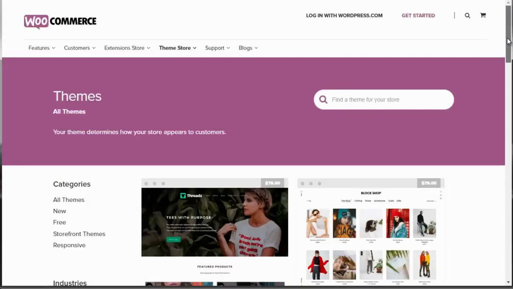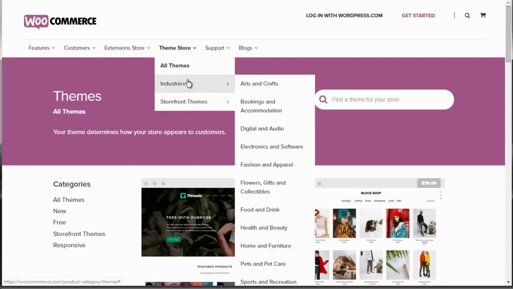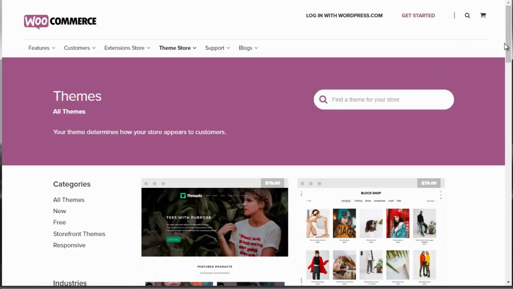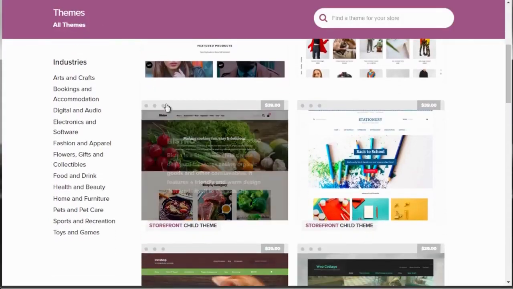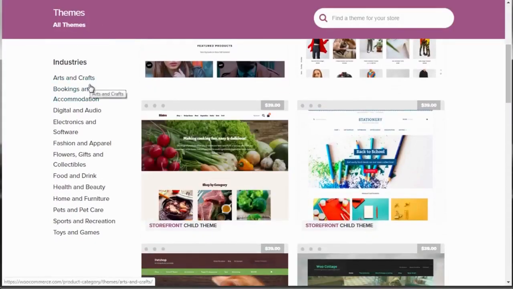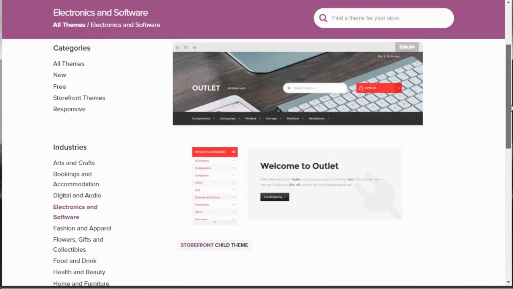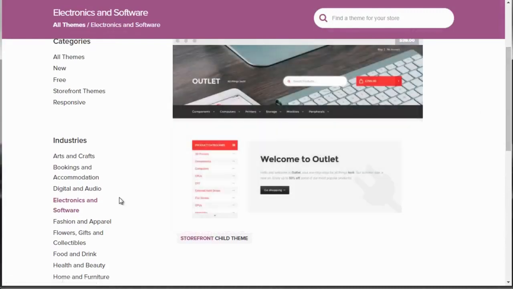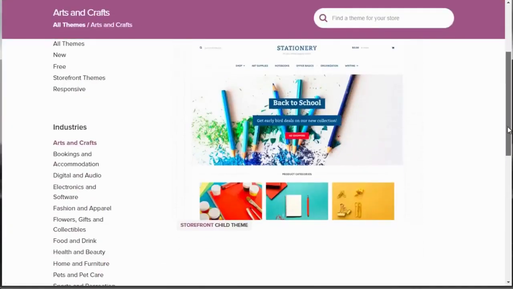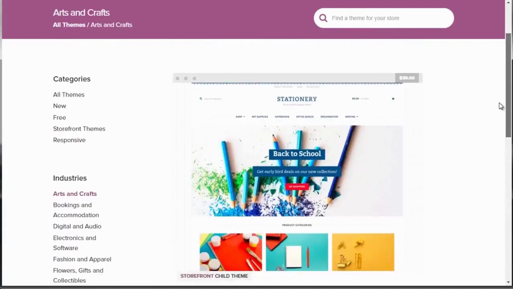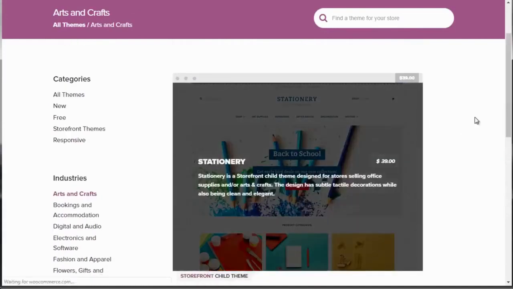So if you come here, you simply select Theme Store, and you can see there are different industries. So you can pick and choose the industry that matches you, and that's what I recommend that you do. So if you scroll down here, let's say, for example, that we do something like software. So we scroll down further and take a look at what they have. Let's see, they have this one here. Let's choose something else. Let's do arts and crafts. So we scroll down. There's only one theme, but if we click on that,